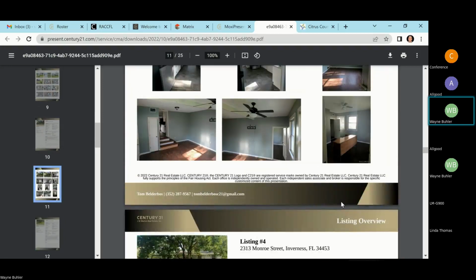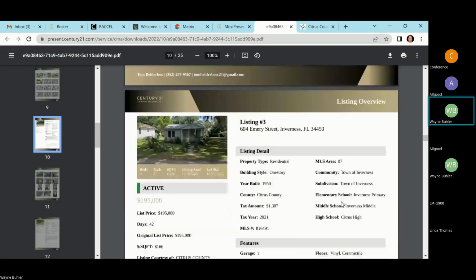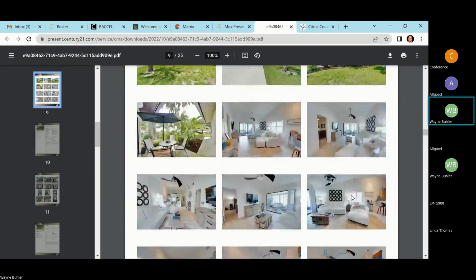Of course, there are sometimes you'll still need to fall back on the MLS. There are sometimes you'll still need to fall back on the property appraiser. We do have 1 or 2 issues where sometimes a listing doesn't show up. If you are having a really hard time finding 4 comparables and 2 of them don't show up, you can put them in manually, or at that point you might say, let me use Toolkit for this one. But for the most part, this is what we're working towards, and this is what we want to use